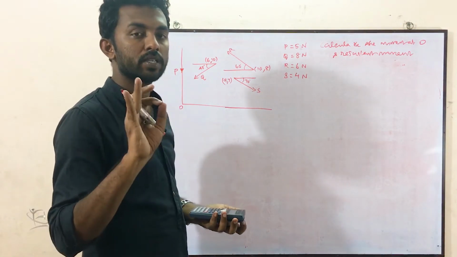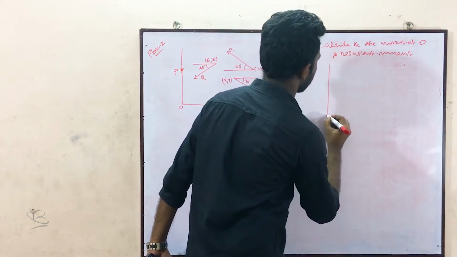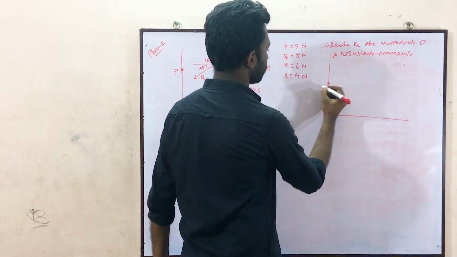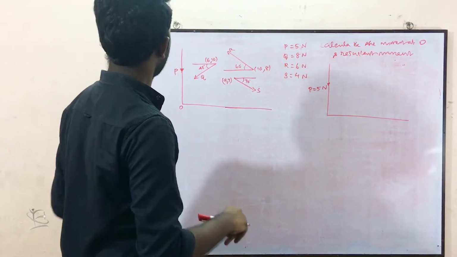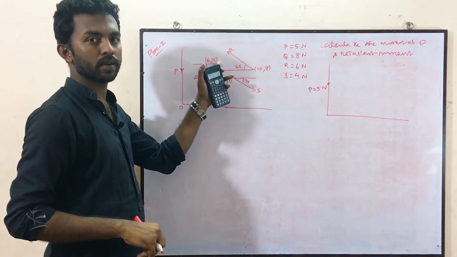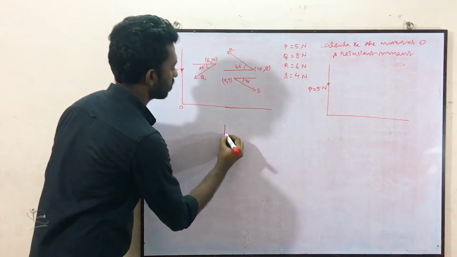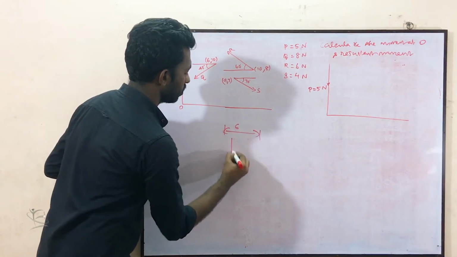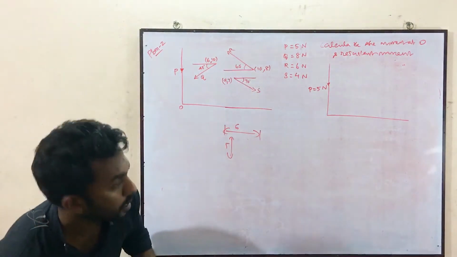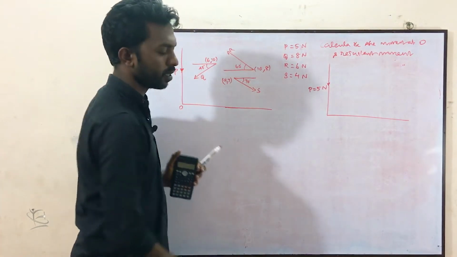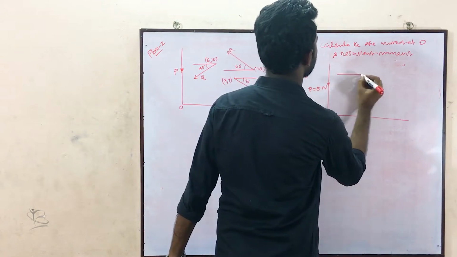First of all, we have to draw the free body diagram. This is P. P is equal to 5 Newton. Another thing is that the points are given in coordinates. The vertical or horizontal distances are not given directly, like from here to here this is 6, this is 5. Instead the coordinates are given. From the coordinates we can take the vertical and horizontal distances for calculating the moment.